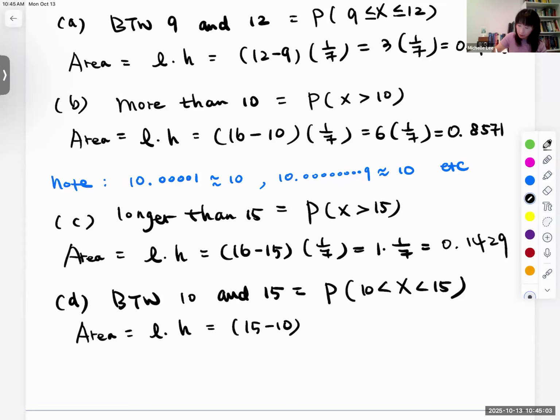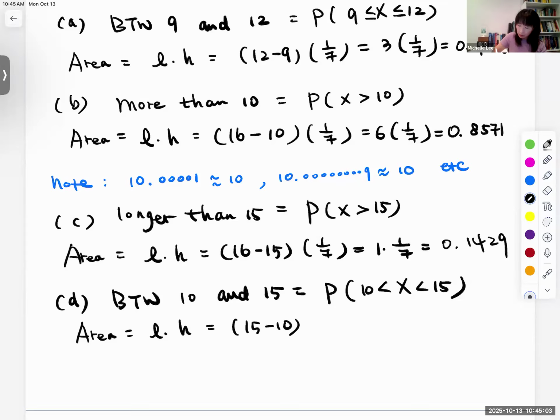They are unimodal, because only one peak there, and symmetric about the mean. So this is the mean, and the left side is the same as the right side, that is what symmetric means, right? And the horizontal axis is a horizontal asymptote,